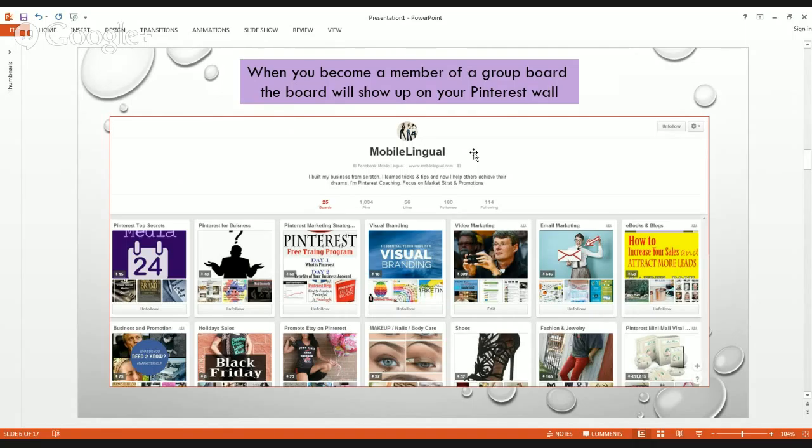So when you become a member of the group board, the board will show up automatically on your Pinterest account, on your Pinterest wall. So when you become a member, the board will start showing here. For example, all these boards, you can see this is a group board and this is a group board. You can create your board or you can join it. And when you join the board, it will automatically show here. When you leave a group board, it will automatically be gone from here if you're a member. If you're the creator of the board, you have to actually delete it,